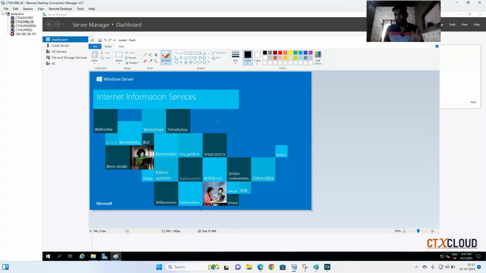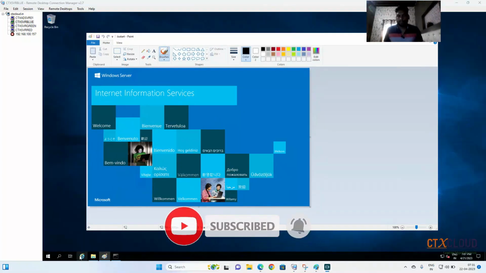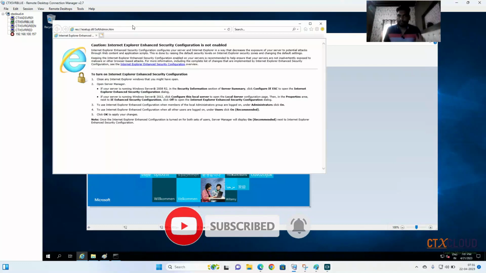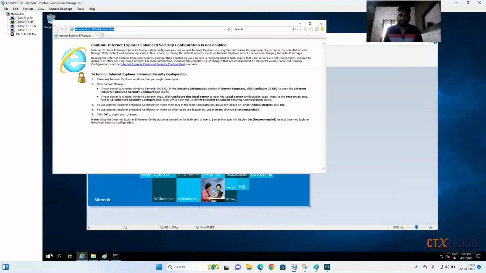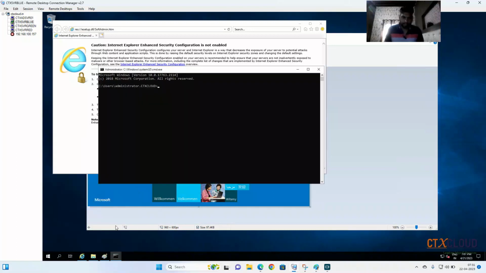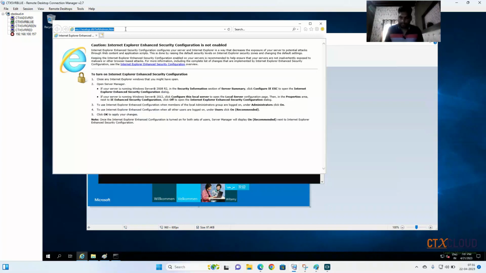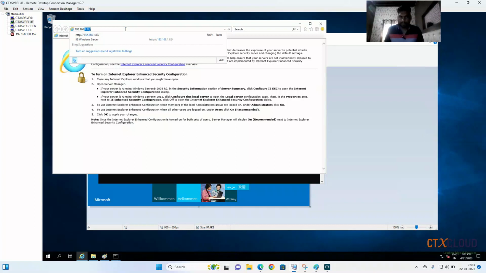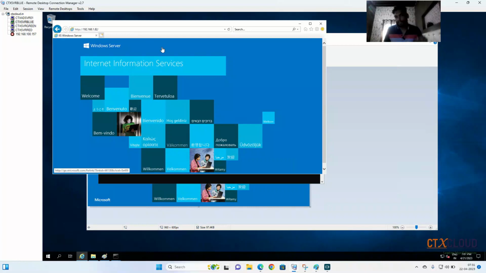So this is the default website page. Let me show you. If you go on your Internet Explorer and access this IP, first of all let me check what my IP is. Just press CMD and type ipconfig, and you can see that 192.168.1.82 is my IP. If you access this IP, you can see that this is the default website